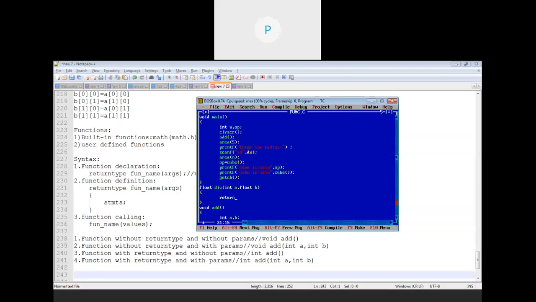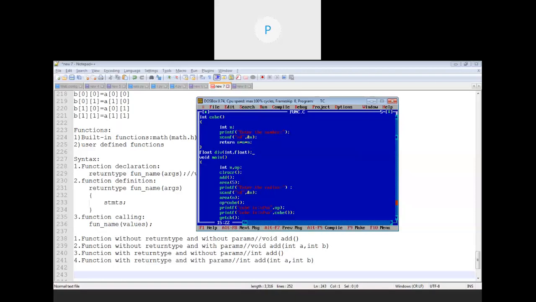Now, because I have the parameters and the return type, you simply have to say a divided by b, nothing else. I have defined that function after main, and that's why you need to declare it first. So I will say float div. At the time of declaration, even if I just write this much, it is okay.